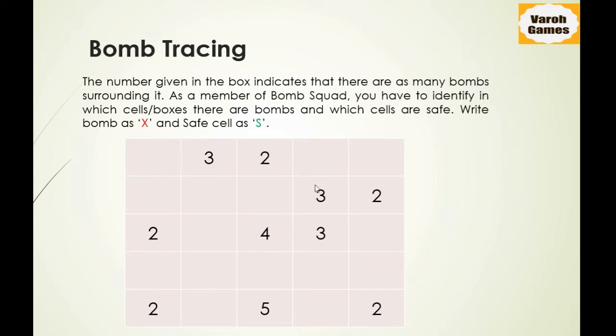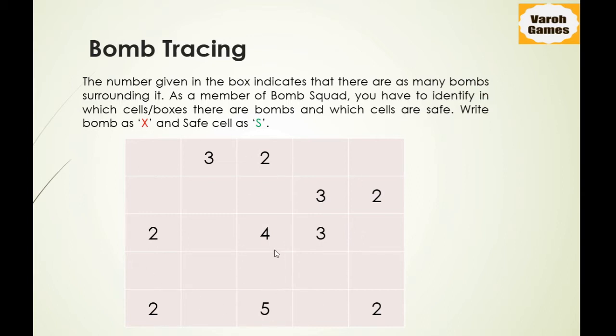Now let us try and solve this one. It is always easier to start with the corner cells because these have the least number of cells surrounding them. But in this scene, we see that these two are empty and these are the 2 cells with numbers written. This has 2, but around it are 3 cells. So we can't really say which of the 2 cells have the bomb. So in this situation, starting with the corner one does not make sense.